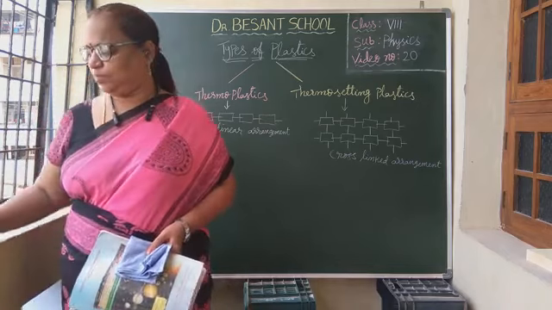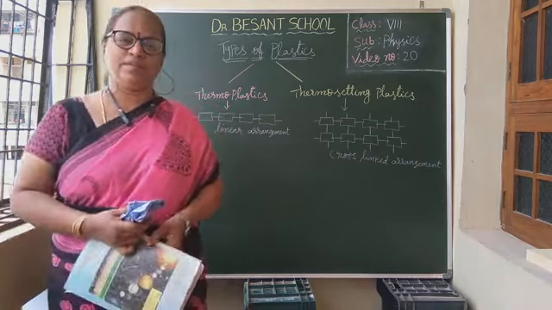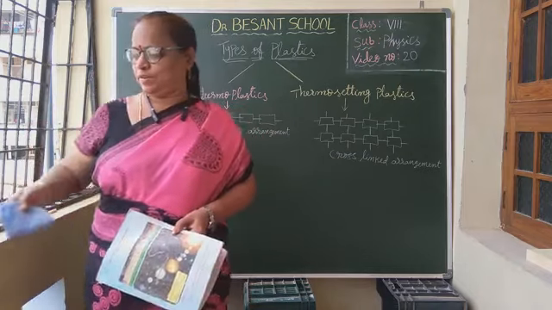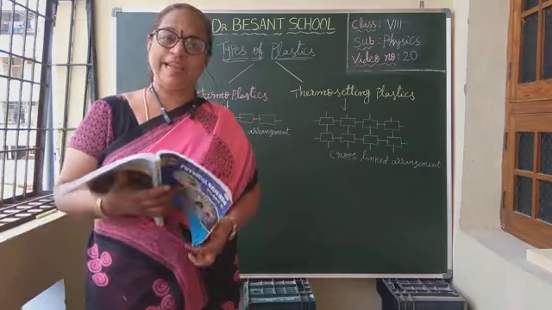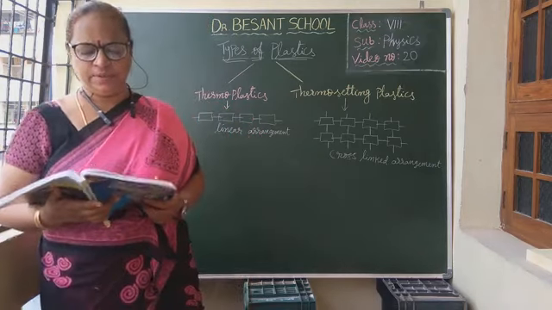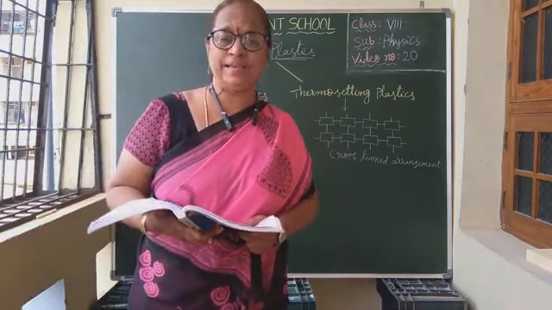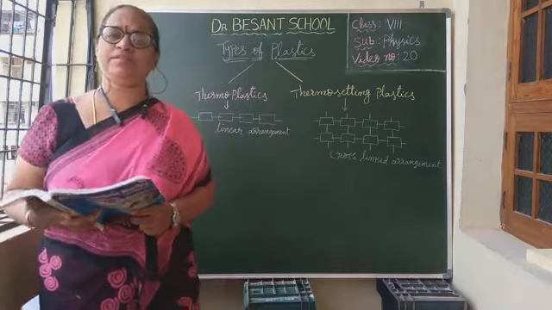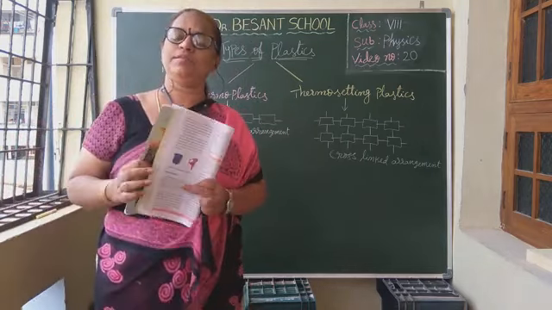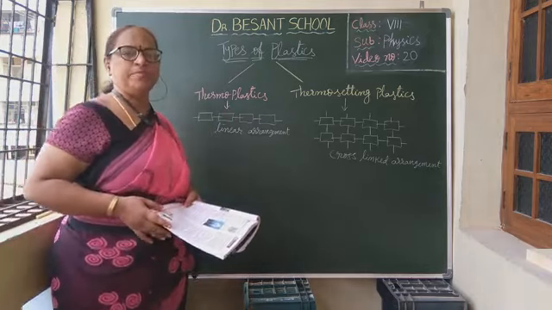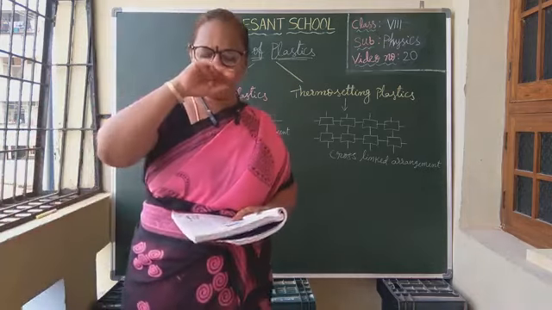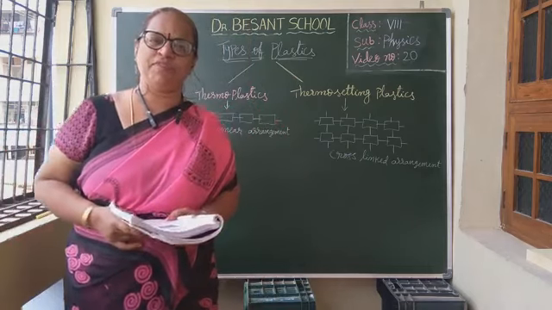And also we learnt about the father of plastic. Who created the first plastic? Alexander Parkes. And that first plastic is called Parkesine. This is all we learned. So in today's session, we are going to learn about types of plastics. See in your textbook, page number 55.